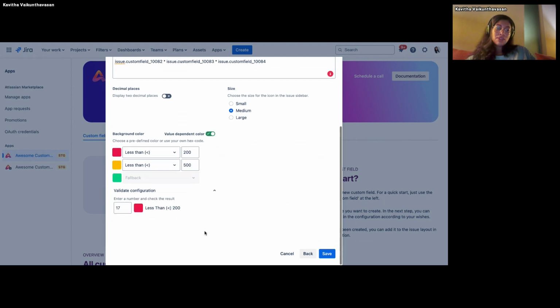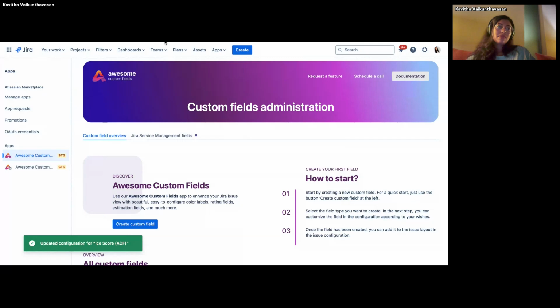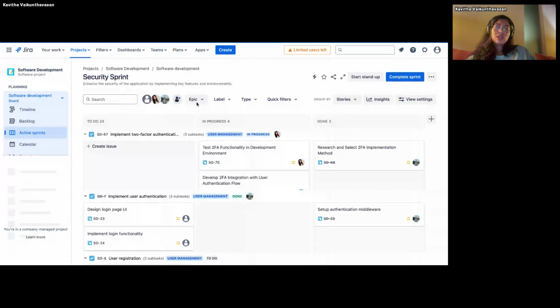You also have the option to validate this configuration. So yeah, you can check if it works. So it seems to work. And then you can click on save. So if you go back on the issue screen,